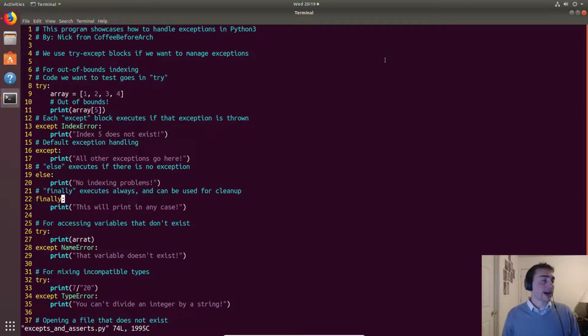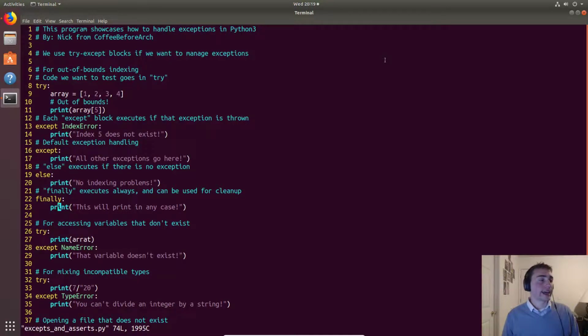And then we also have a finally block. Now this will be executed no matter if we go into an except block or we go into the else block. Both of those will eventually lead to the finally block. So this is often used for some cleanup, right? So everyone will go into here. So if you need to do any program cleanup, it'll happen there.